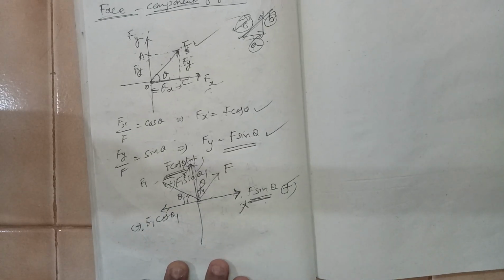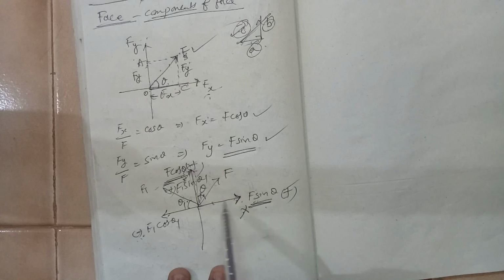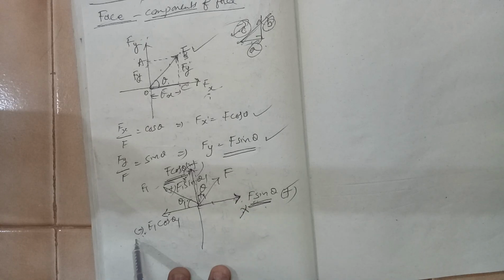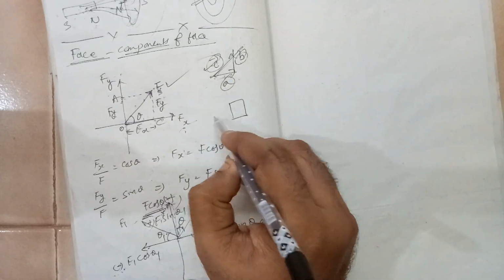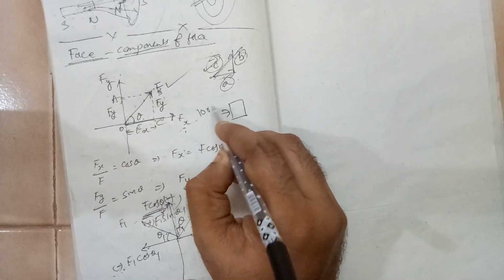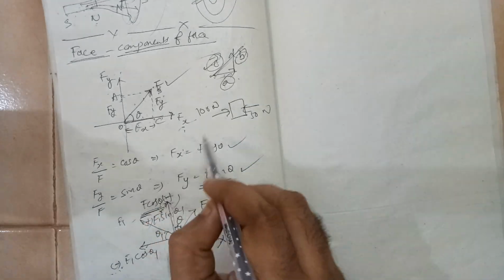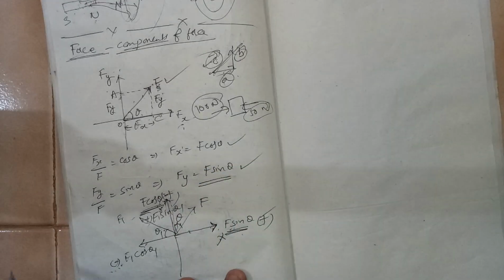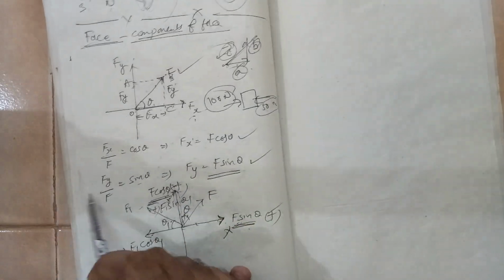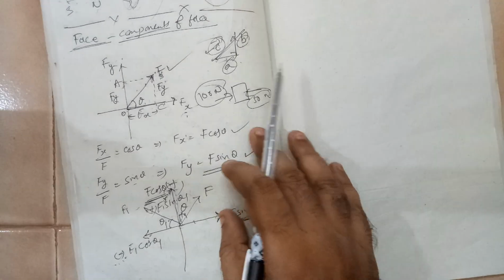We have to be sign conscious also. Not only finding the magnitude, we should see the direction also. If you are calling this positive, then this has to be negative. It is as simple as this: there is a block, you have put a 100 Newton force in this direction and a 50 Newton force in this direction. If you are calling this force a positive force, then this force has to be a negative force. Both cannot be the same, right? So this is about components.